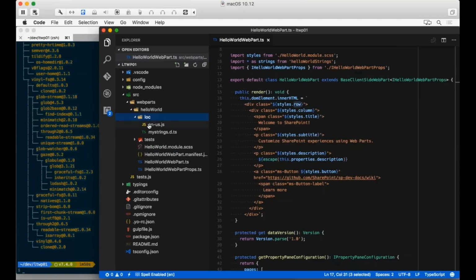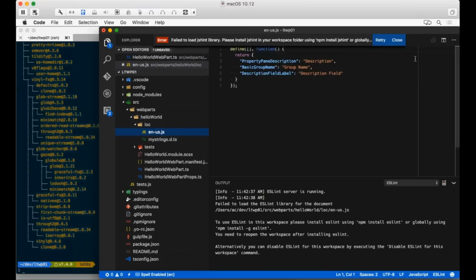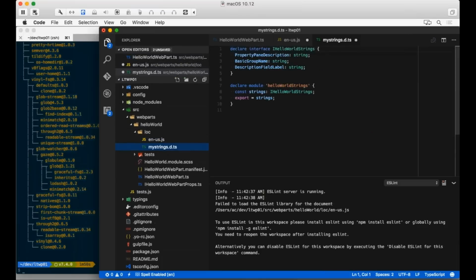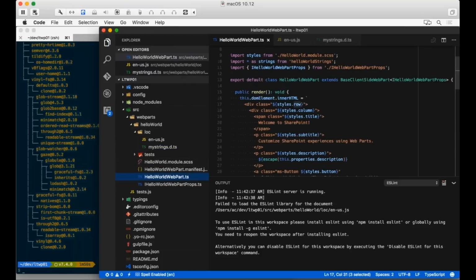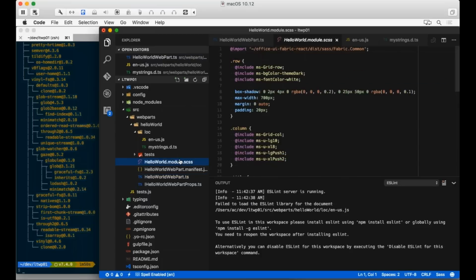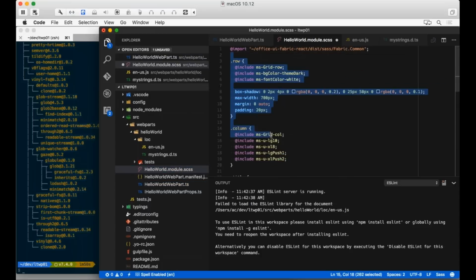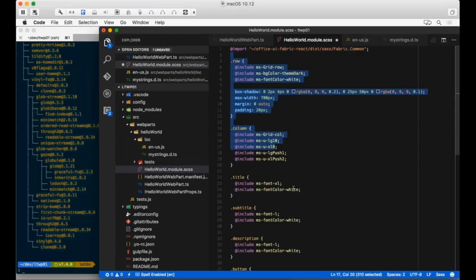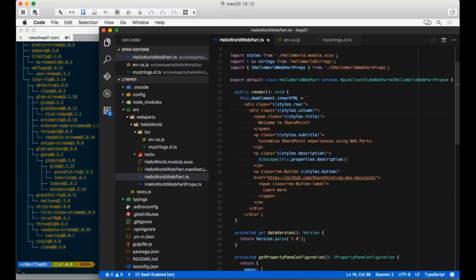So if I come over here and I look under LOC and I look at this JavaScript file right here, oh, not that one, go away. So where is it? Styles, oh sorry, styles, so here we go. So here's my styles right here, this SCSS. If I come over here, I've got a list of all these styles set up. Now the first time I run this, Microsoft is going to compile this for me, and it's going to have like a styles.row, right? And it's going to build a new file that you see down here in just a minute. But what that is, that's where the styles are coming from. They're going to build something for me for this.